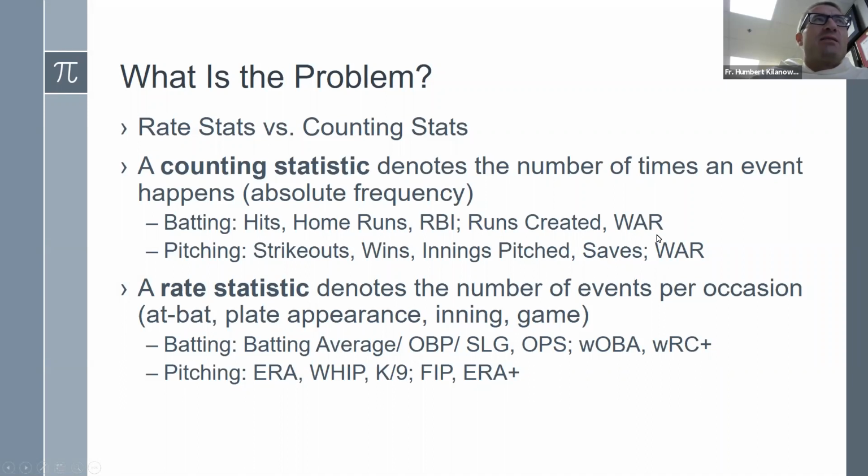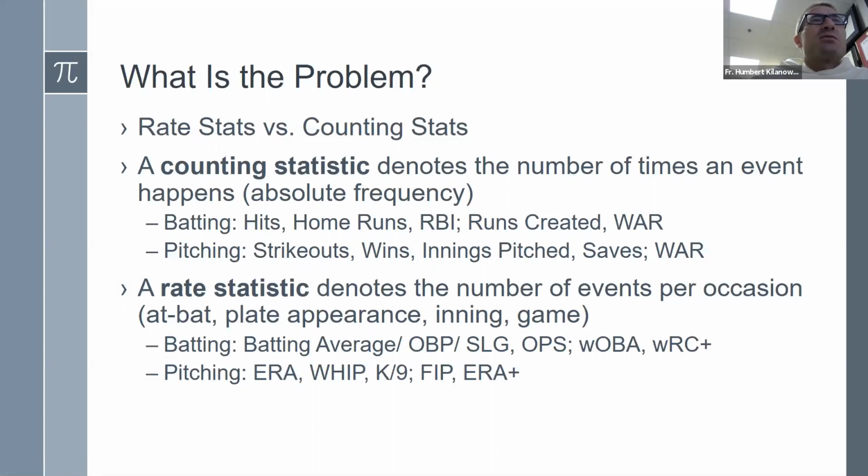Wins above replacement, again, also works for pitchers. But sometimes you want to look at rate statistics. So that denotes the number of events per occasion. So hits per at bat, times on base per plate appearance, strikeouts per inning, or per game, or standardized for a 9-inning game. So rate statistics are always relative frequencies, and they can give a better picture of what's most likely to happen